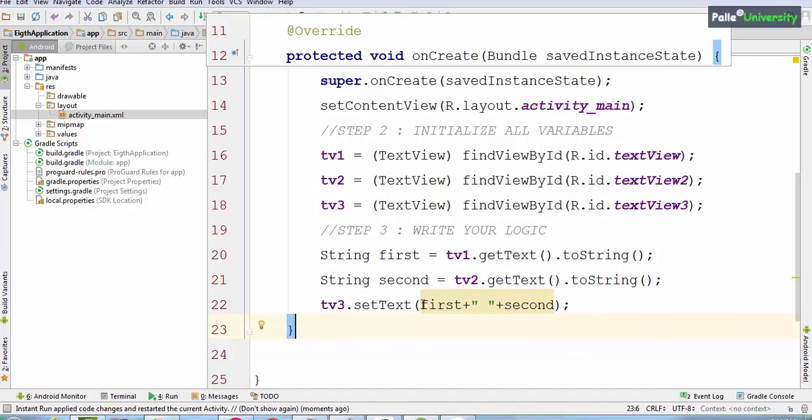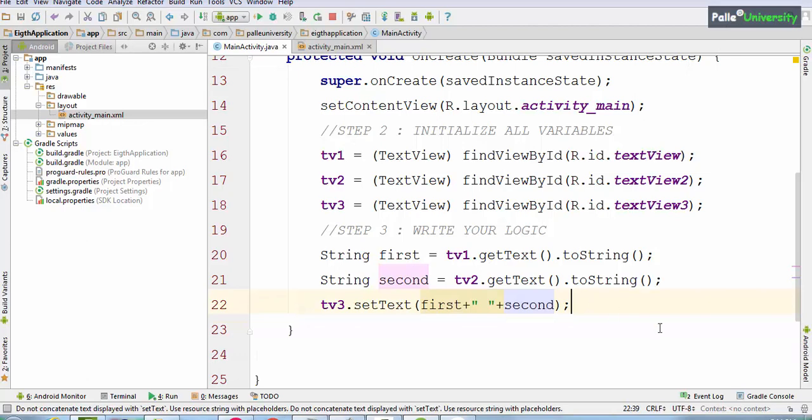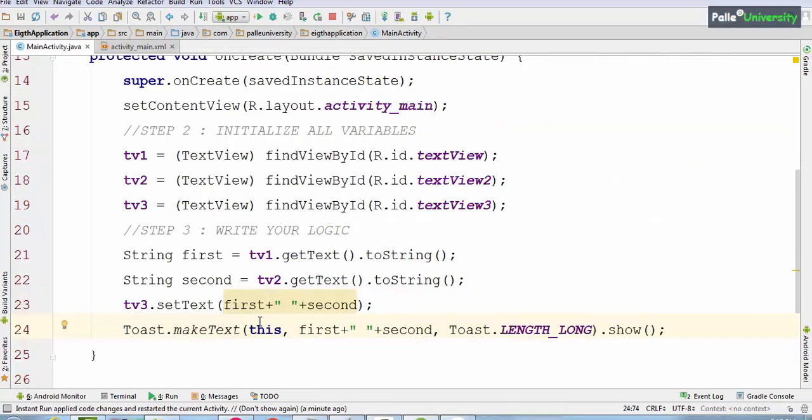The same thing you can also print with a toast message. Let me show you how to print with a toast message. It looks like this: Toast.makeText. We know that makeText is a predefined method of the Toast class which takes 3 parameters: this parameter and the message that you want to print.